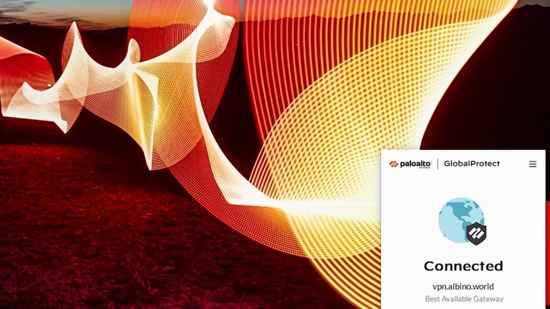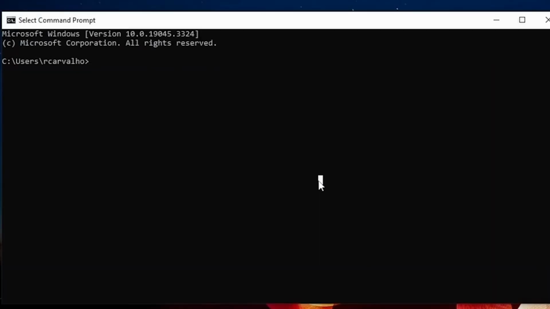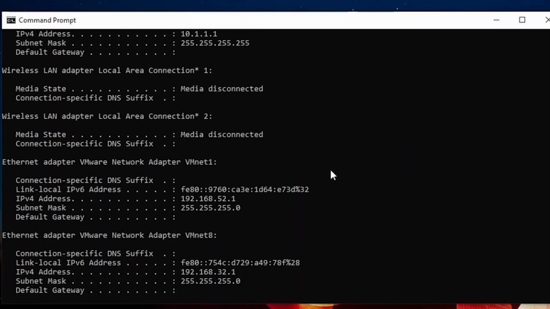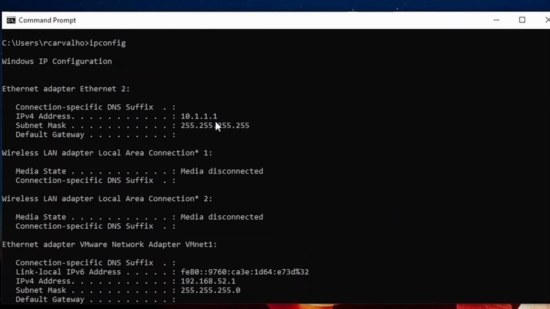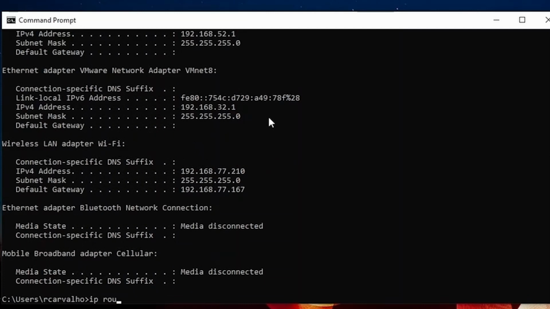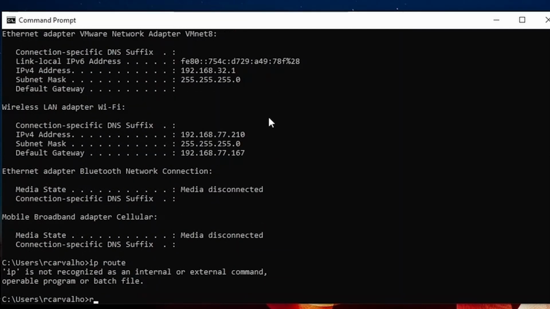If we take a look at the IP address, you're going to see that the computer got the IP address 10.1.1.1. And if we choose IP route print,